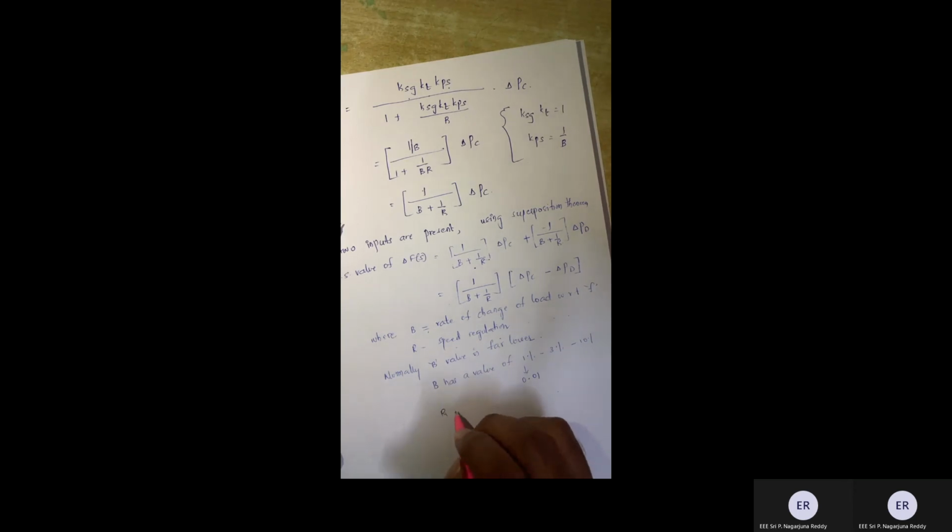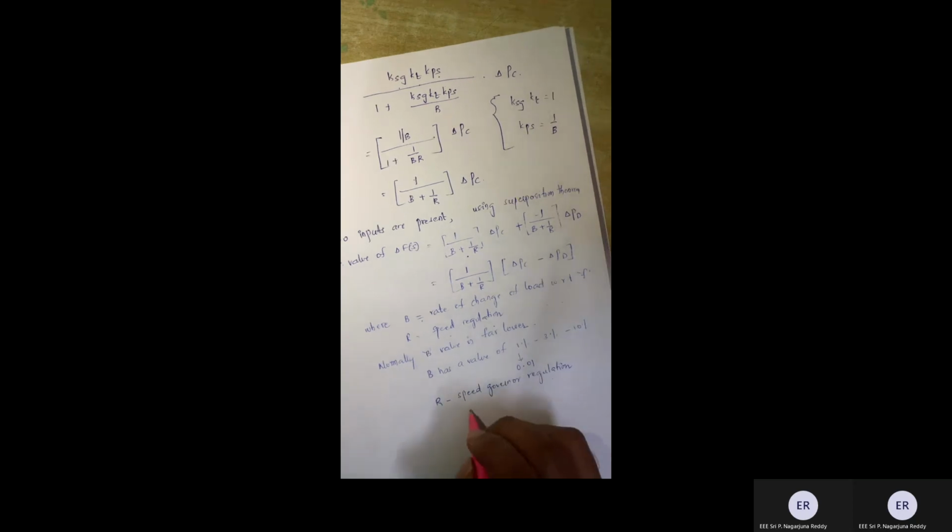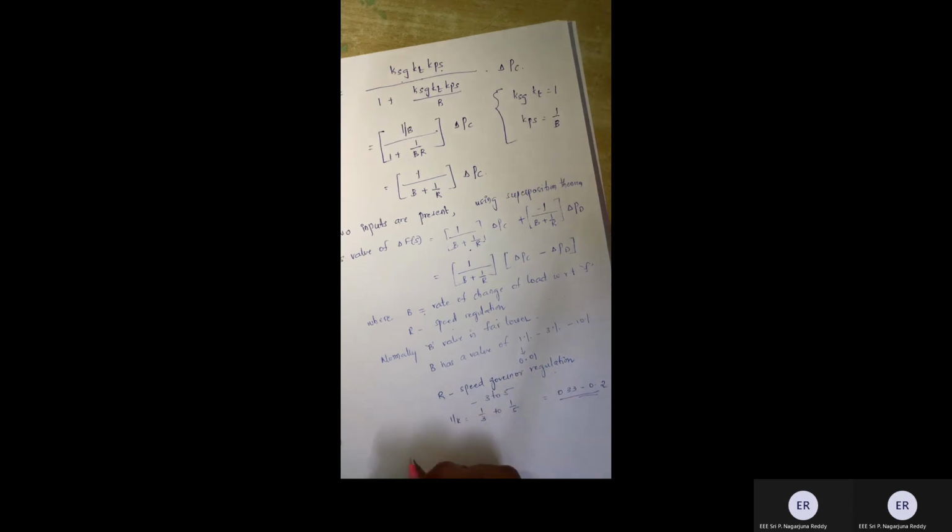R, as I told you, this is speed governor regulation, isn't it? This will be somewhere around 3 to 5. So normally 1 by R will be somewhere around 1 by 3 to 1 by 5, which will be somewhere around 0.33 to 0.2. So when compared to this one, you can see that B value is very, very low. So neglecting